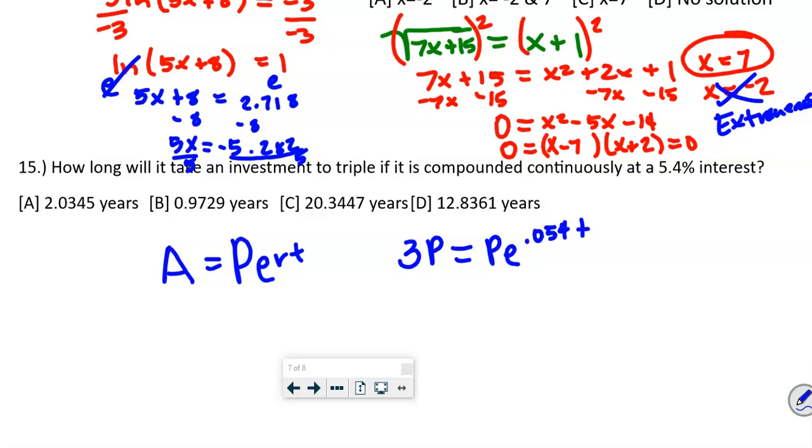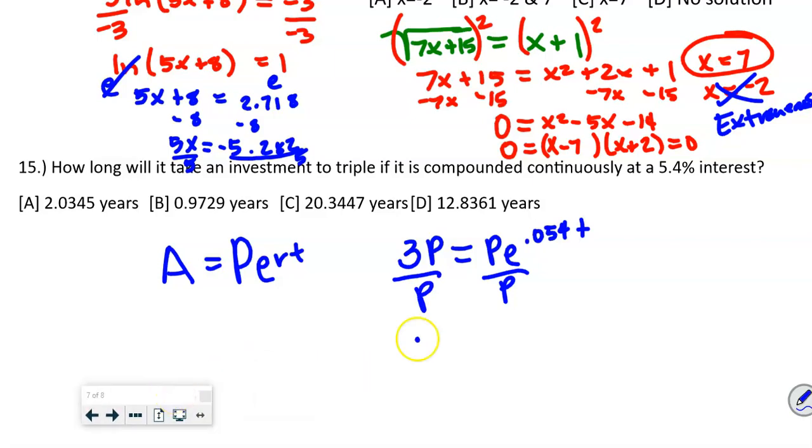Now on this problem, we can divide both sides by P, and that means our P is going to go away, right? So we're left with 3 is equal to e to the 0.054 t. Okay, question. How do we get rid of an e? We take the ln of both sides, right? Now that's gone. And the ln of 3,